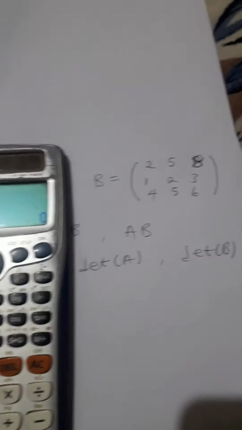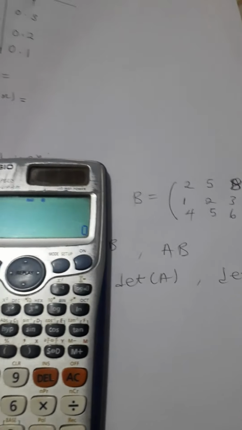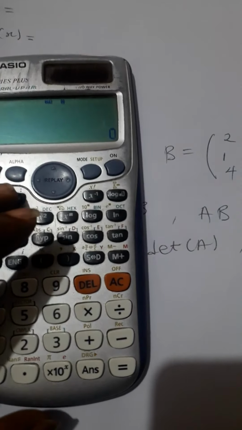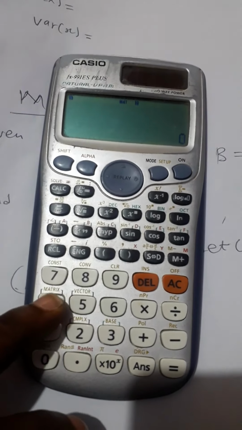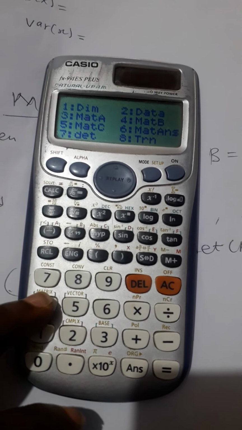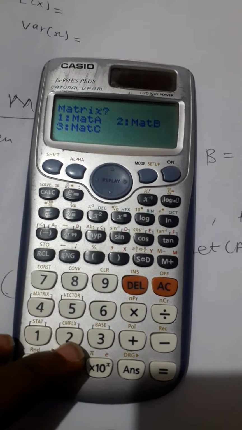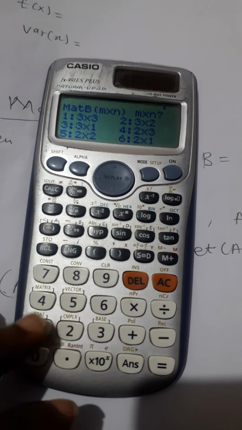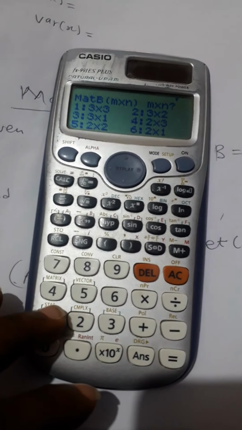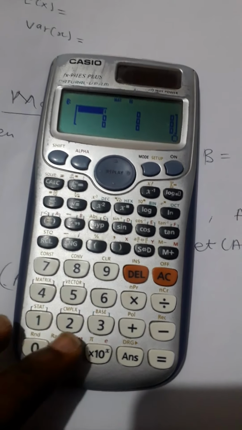Now we want to enter our next data, which is B. Mind you, you don't have to go back and start with the 6 before you enter your B. Otherwise, you clear everything. So you press shift, then you look for the one with matrix, that is number 4. Now you go to data, then you pick matrix B, and that one we are saying is also a 3 by 3. So you press 1, you enter 2,